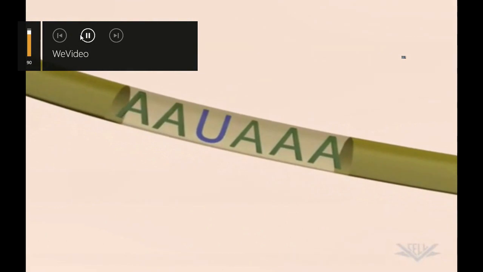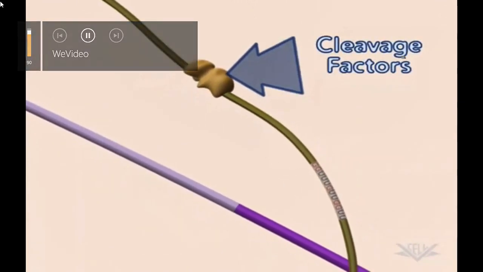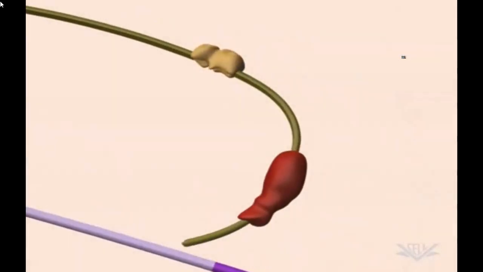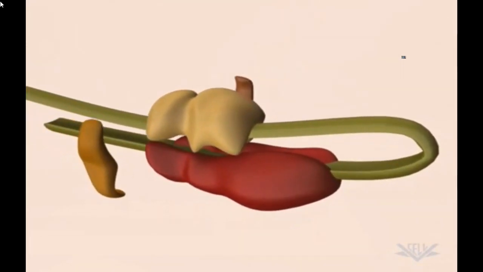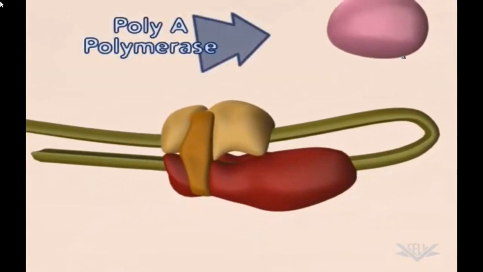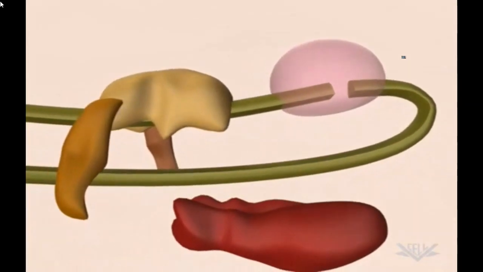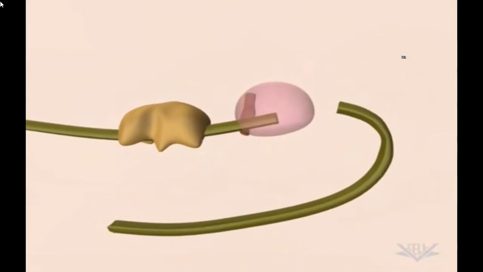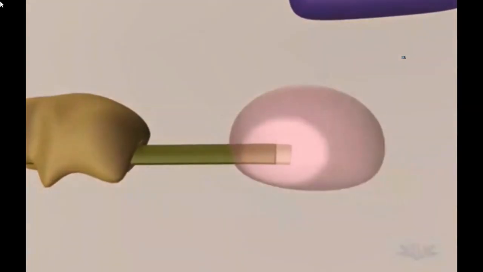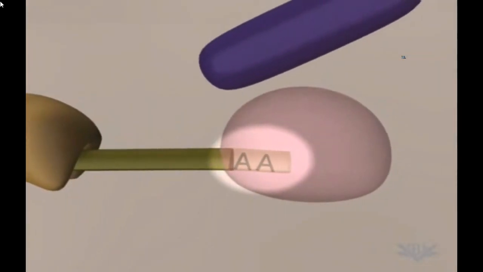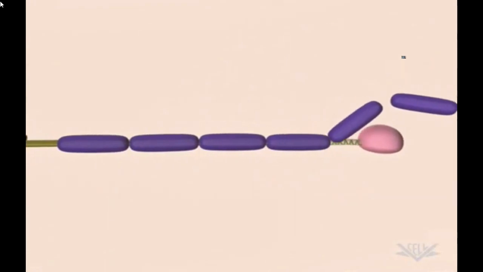Specific nucleotide sequences in the mRNA are bound by cleavage factors. The 3' end of the mRNA is next moved into the correct configuration for cleavage. Stabilizing factors are then added to the complex. Poly-A polymerase now binds to the mRNA and cleaves the 3' end. The complex begins to dissociate and the cleaved 3' end quickly degrades. Poly-A polymerase now synthesizes the polyadenylated tail by adding adenine residues to the cleavage site. Additional proteins then bind to the tail, increasing the rate at which it grows.